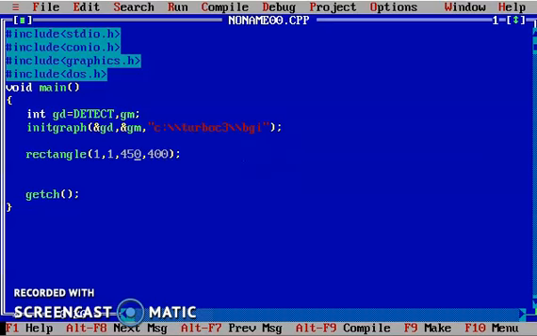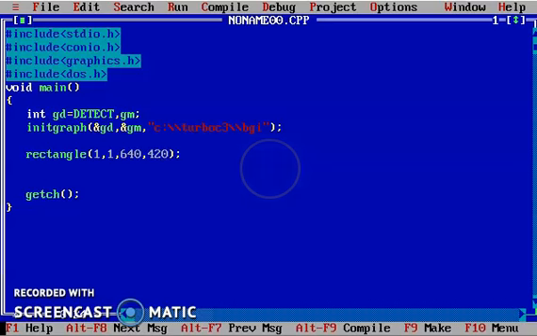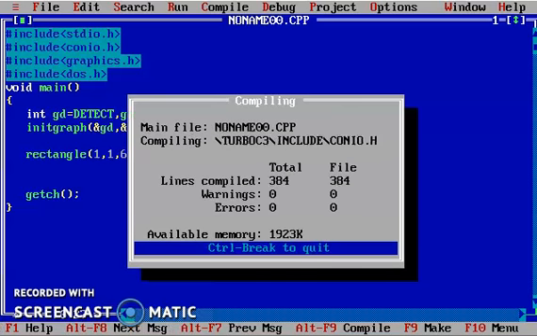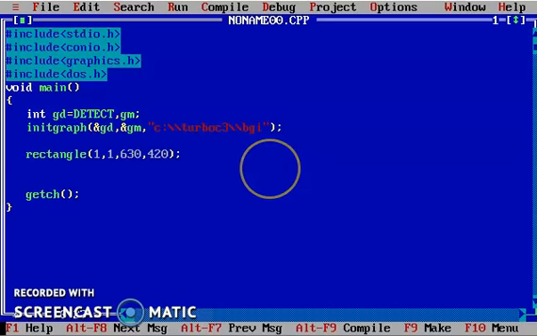So I am increasing here 640 width and 420 height, and again I am compiling. The width is somewhat extra, so I am reducing some 10 pixels and see the output. So this is our screen now.